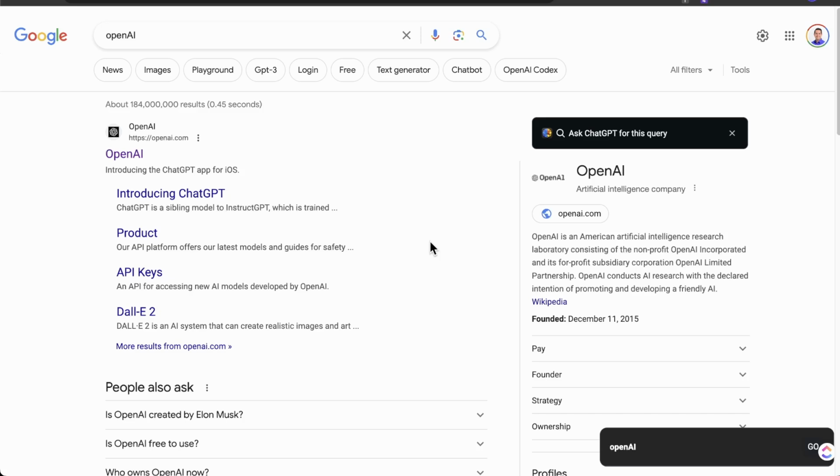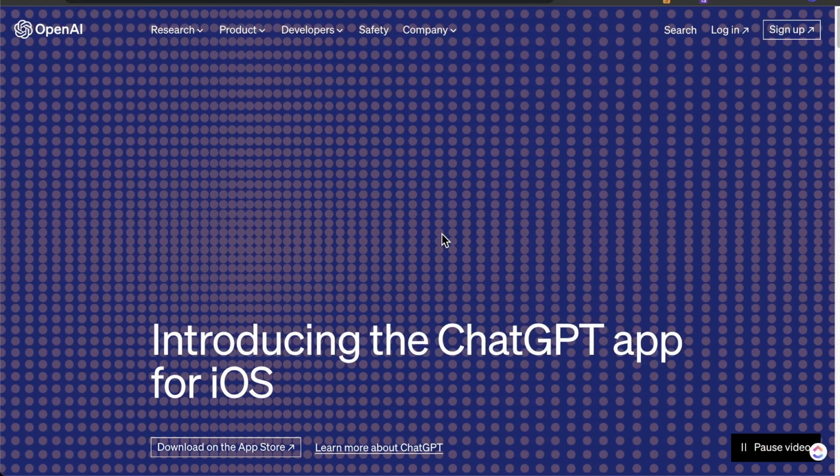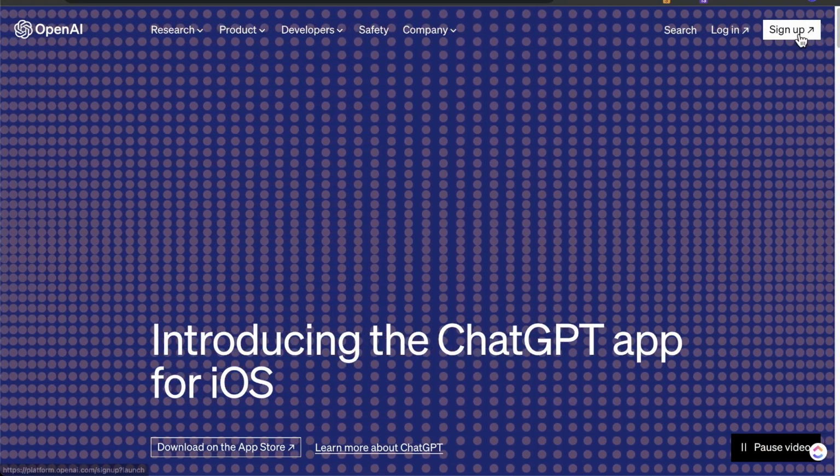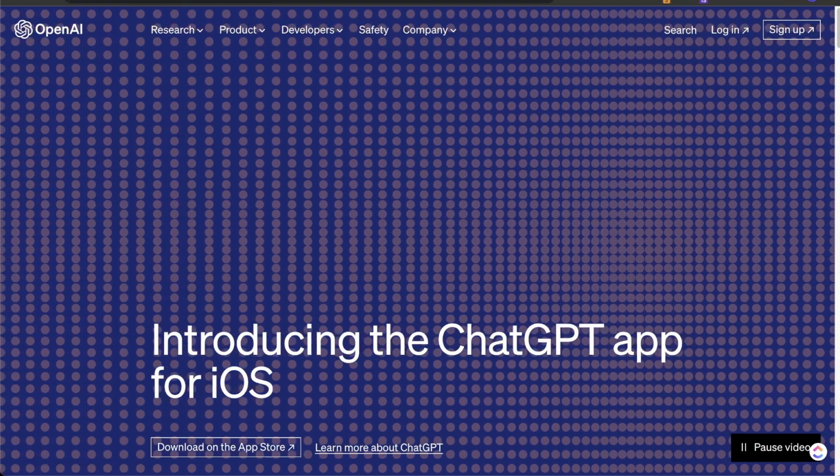In this lesson, we're going to create a free ChatGPT account and then we'll go over the layout of the app. So starting off, to get access to the app, you can go to openai.com or you can Google OpenAI. Both will get you to their website. And then when you go to the upper right hand corner and click sign up, we're going to